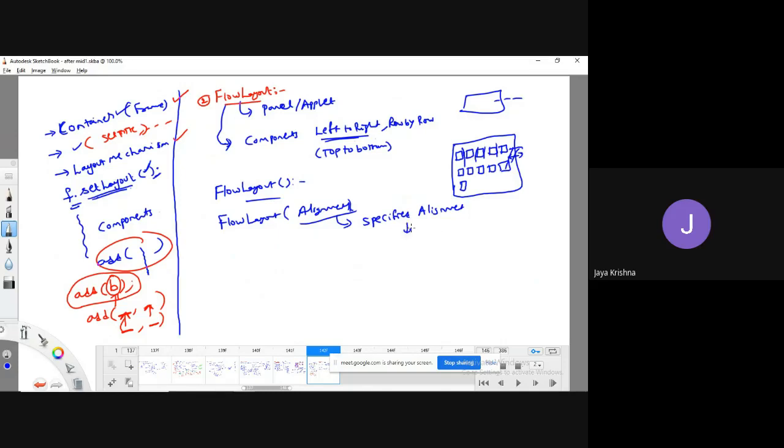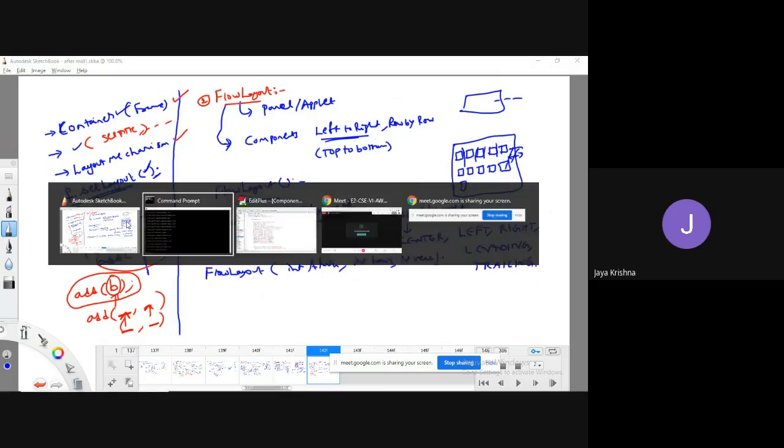This alignment can be various constants again: center, left, right, leading, or trailing. So you know the meaning of all this. If you wish to specify the gap, I can go for the third type of constructor, flow layout of int alignment, horizontal space and vertical space. Okay, fine. So let me show a simple example.